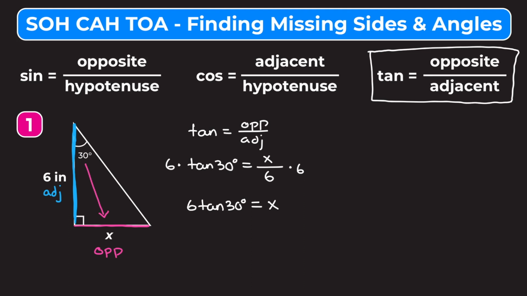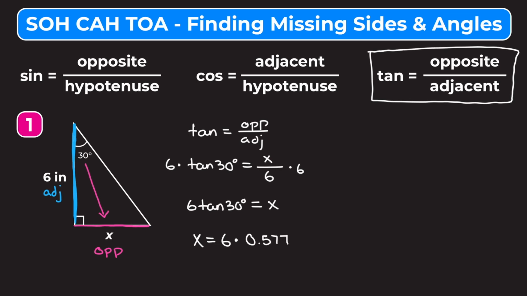And now some teachers will allow you to leave it like that, but some teachers appreciate if you find a decimal approximation. So let me show you guys how to do that. So x is equal to 6 times the tangent of 30 degrees. So let's find the tangent of 30 degrees by just putting that into our calculator. And if you do that, you should get that it's approximately